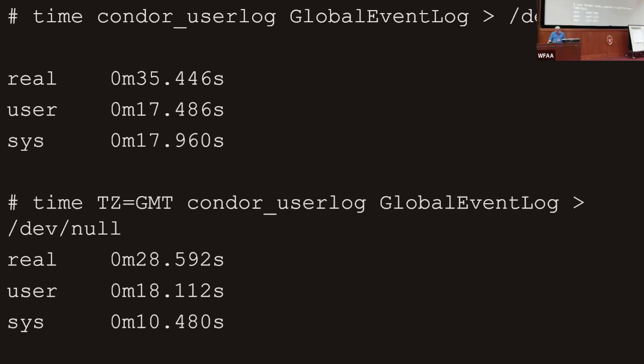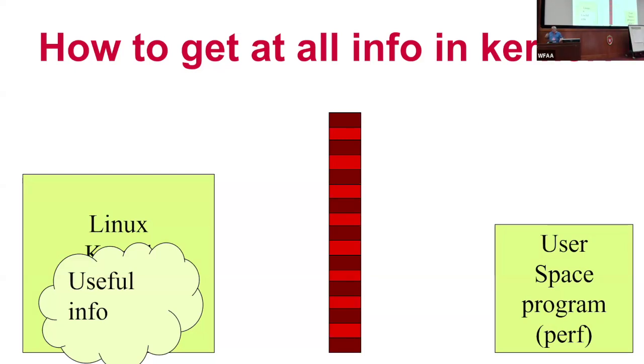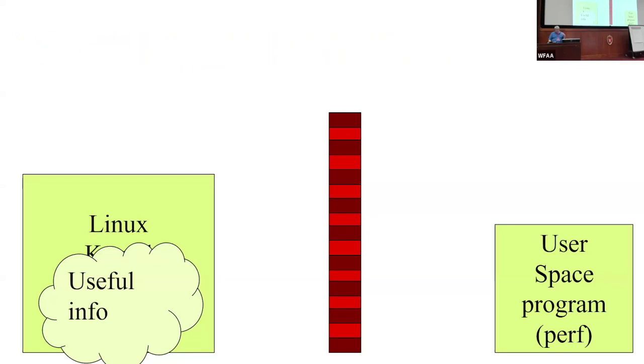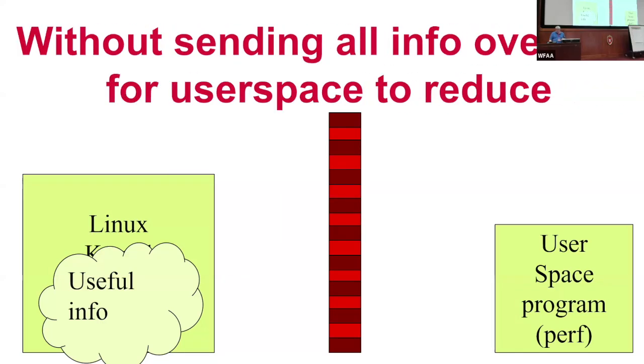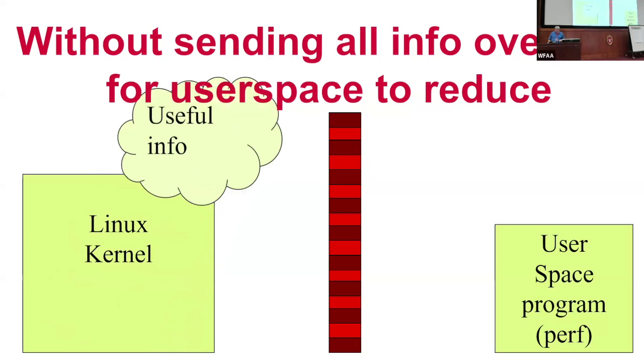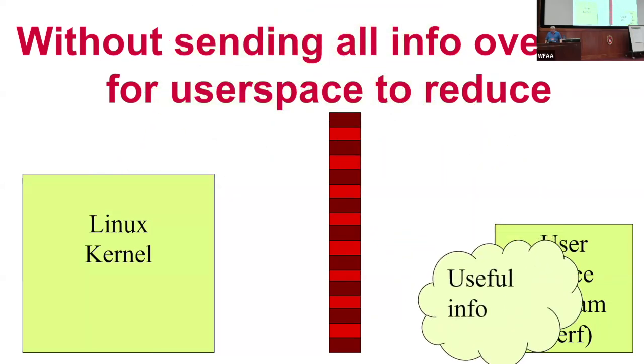So the interesting thing about the perf trace summary is it's getting a huge amount of data, and again, throwing it over that kernel wall, like we were talking about before, and that useful data for all the system calls, especially for a program that's running a lot of system calls, can be tremendous, and it can be actually very slow to get all that information from the kernel into user space, especially if we just want a tiny part of it, or maybe some reduction or some subset. So what we really want to do is send some reduction of this useful information over to user space, but not send all of it. So we don't have to do the reduction or the